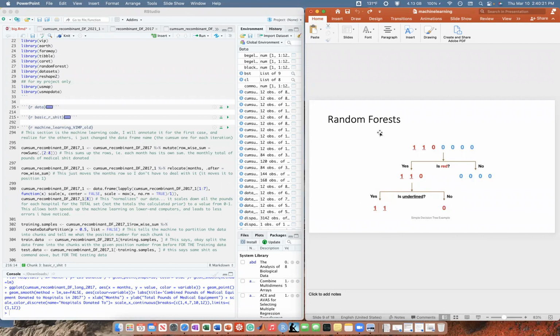So there's really no simple way to go about this, but random forests comes from the idea that you have a bunch of decision trees, forests, haha, very funny. A decision tree looks something like this picture right here, where you have those data sets: 2 red ones that are underlined, 1 red 0, and 4 blue zeros. So a decision tree says, is an element red? The 4 blue zeros would go into the no, the 1, 1, and 0 would go into the yes. That's a really simple decision tree.